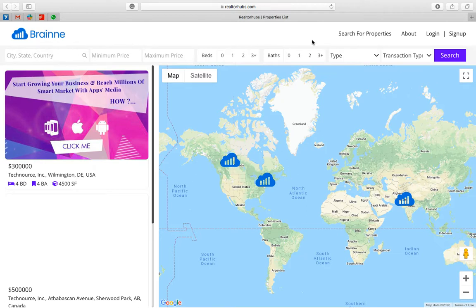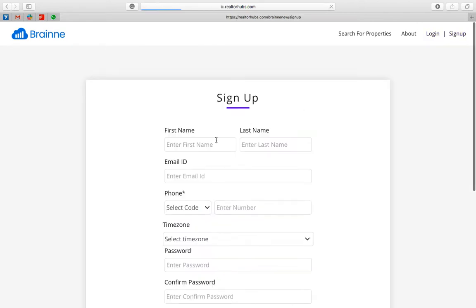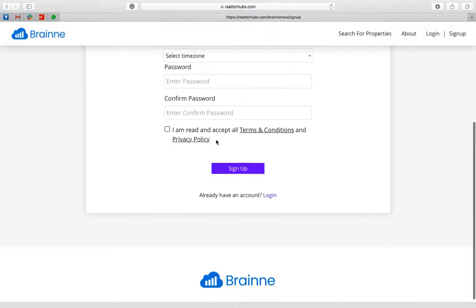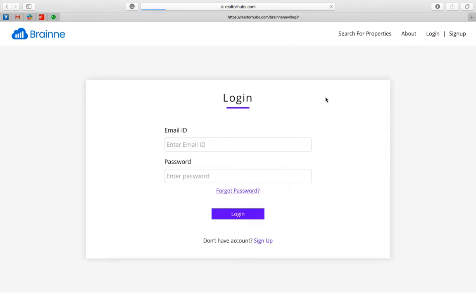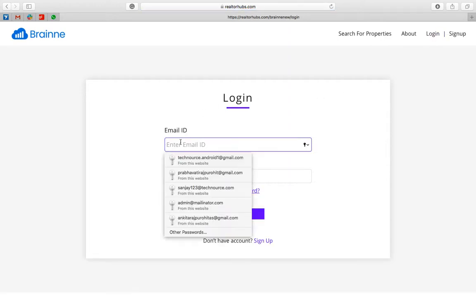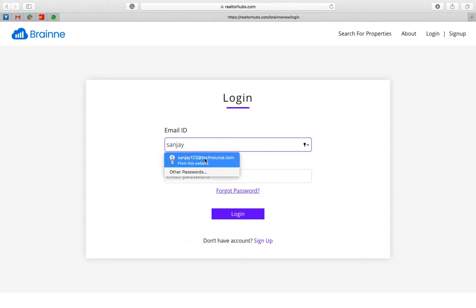All different types of filters are there. If someone clicks on sign up, then as a customer they can sign up with your agency, and this is only your customer. That information will only be shared with you. No other agency can see this information. So as a customer, if they log into your platform,